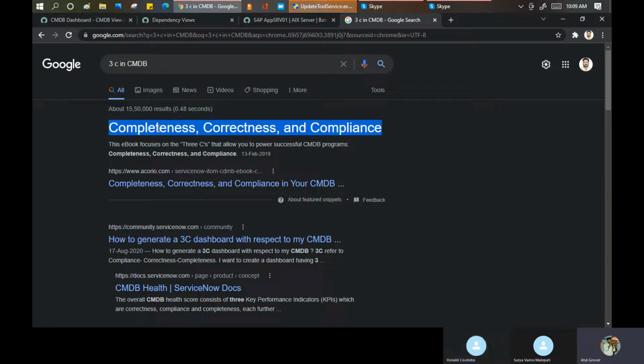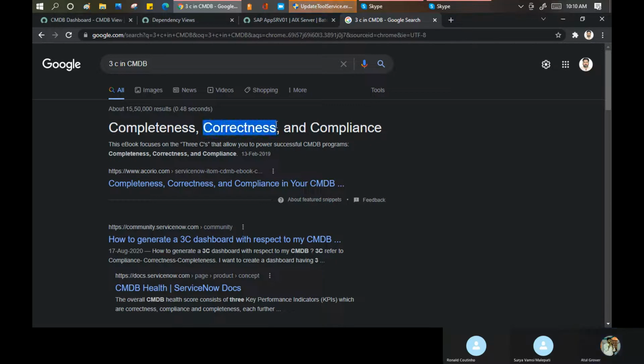Completeness says that if you are creating a new CI, it should contain all the required information which is required to run that particular service. Like if I'm filling a form to take admission in a college, I am providing the information: name, father name, salary, qualification, age, date of birth, gender, marital status, address, all these things. These are required to submit that form. I did that. Completeness.